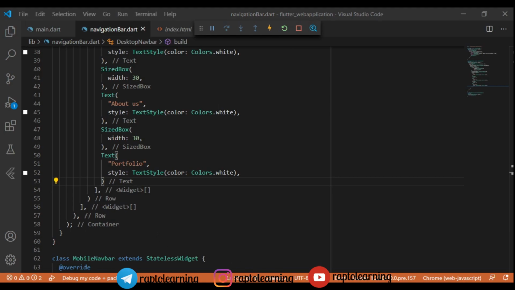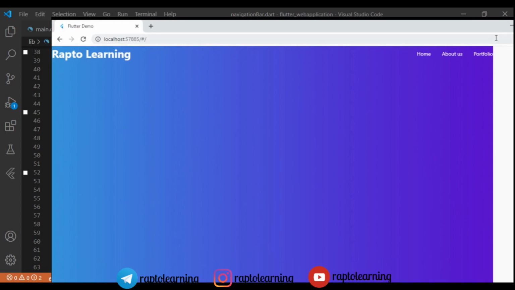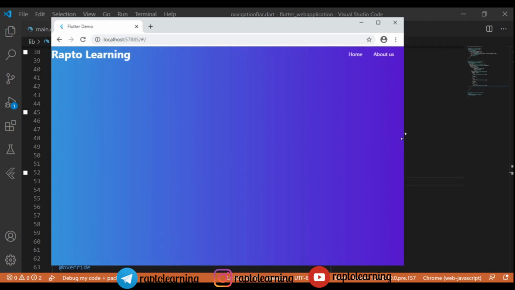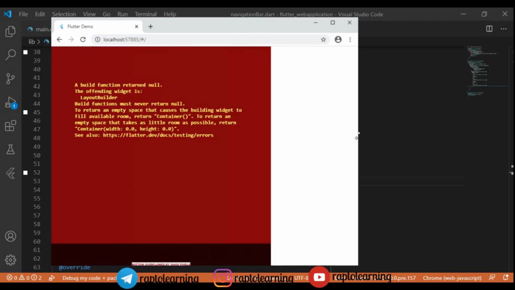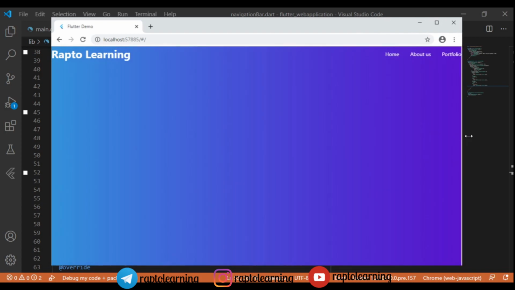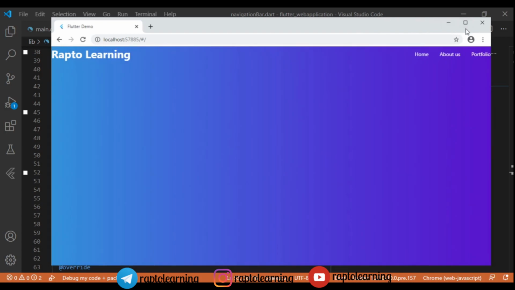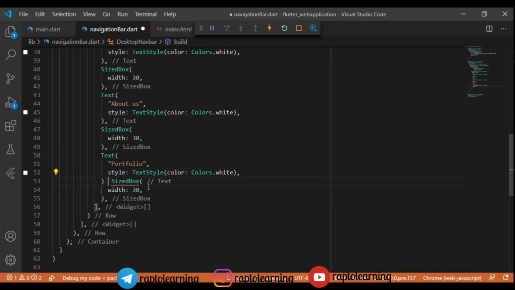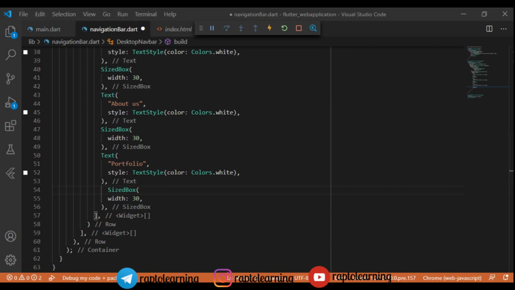But first, let's see how much the size box has taken effect in our project. This is perfectly fine. As you can see, when you maximize the screen, it will show you some sort of blank screen, right? We will fix that error also. As you can see, when you try to squeeze our screen, the mobile navbar, as we have not implemented it, is not working, right? So let's try to implement some more features into our project. We'll add a semicolon here and take this downwards, right?